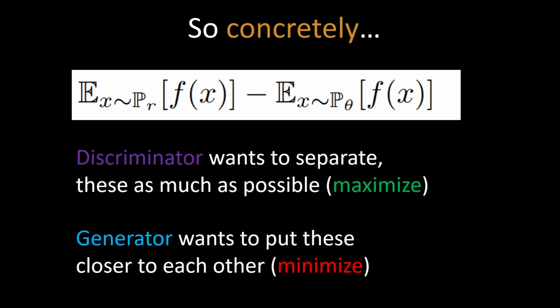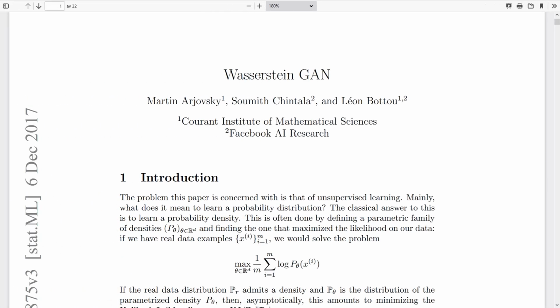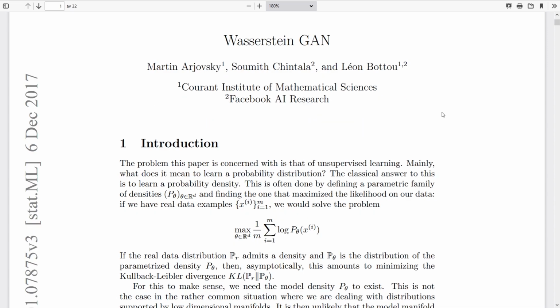And that is something that they talk about in the paper, that they empirically were able to get results where when the discriminator converged to 0, that was actually correlated with good quality images. So this is the paper. It's going to be linked in the video description, Wasserstein GAN. So I'm not going to go through the paper, but what we're going to actually do is just look at